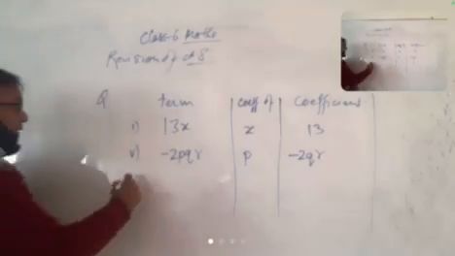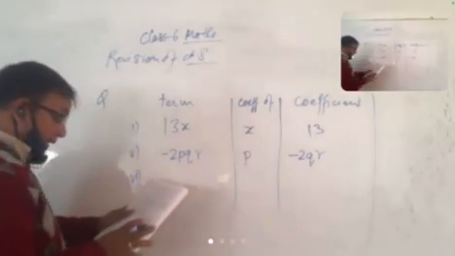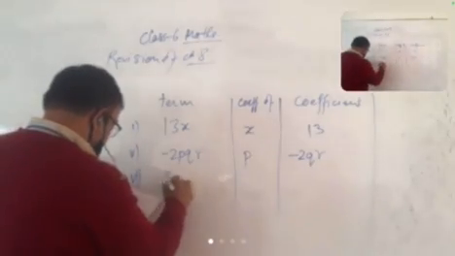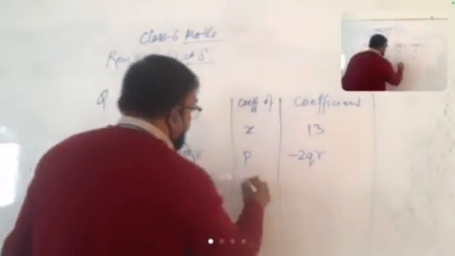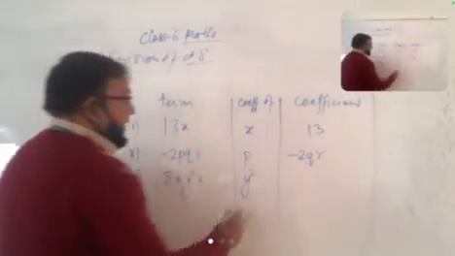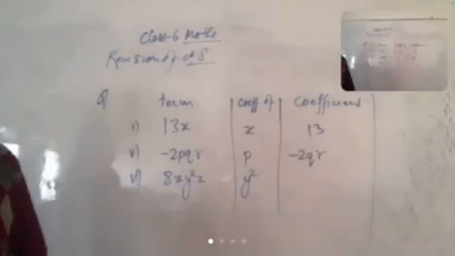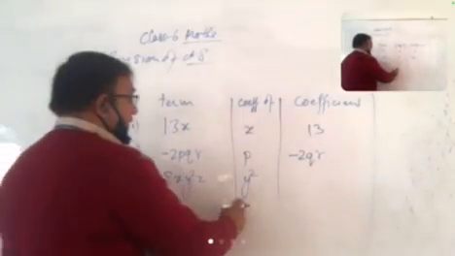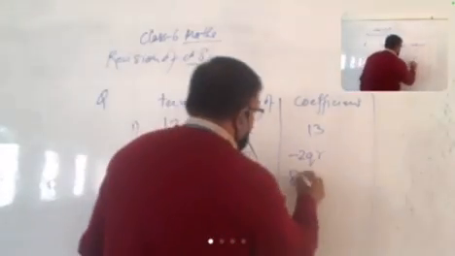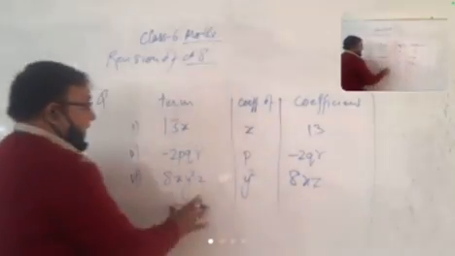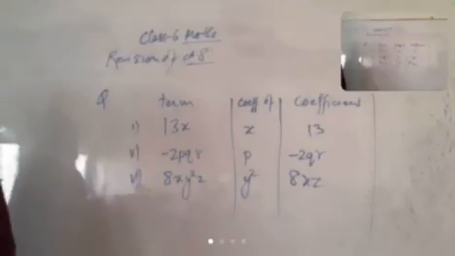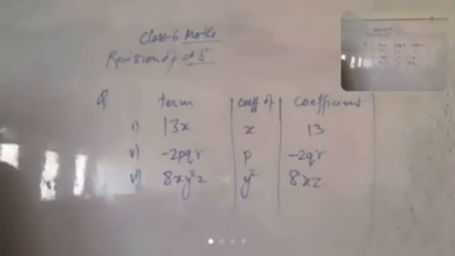And now see the sixth question, sixth part. The expression is 8xy square z, and we have to write the coefficient of y square. So except this, जिसका लिखना है उसको छोड़ के बाकी सबको लिखना है. Because the factor of y square is what? 8xz. If we multiply this, we get a term.